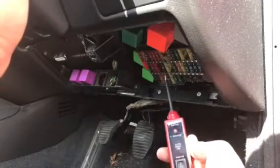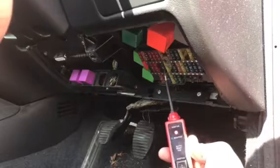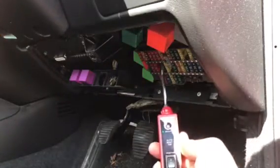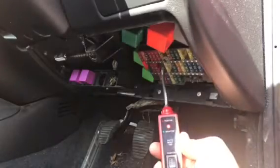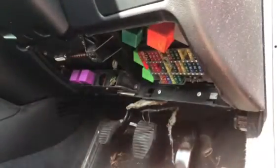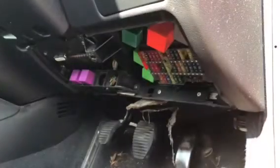So what I'm going to do, it's really sunny today, so I don't know if you're going to see it. I'm testing that, test both sides, so yeah, red, positive. I've got the key on as well, just to make sure, so that's positive as well. So fuse is fine, so no problems there. So it's time to move on. The next step is to check the